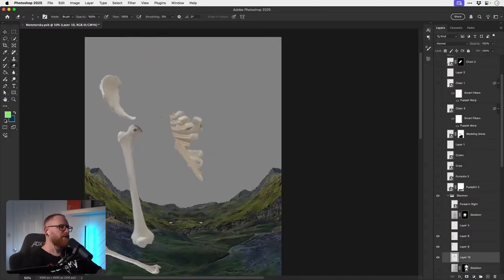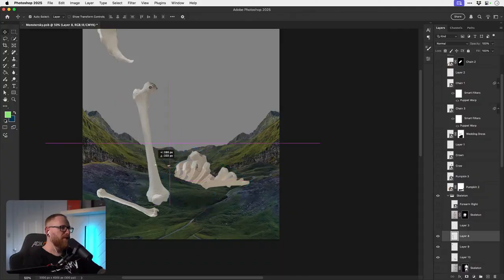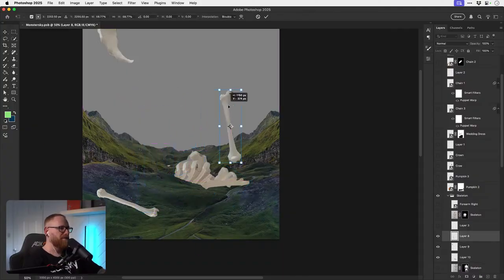So, yeah, we have some ribs. I could put that there. I don't know where this bone's going to go. Stick it sort of here.